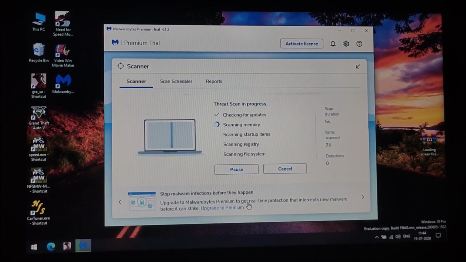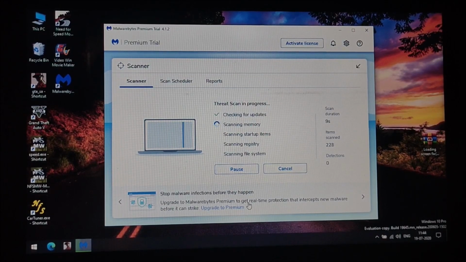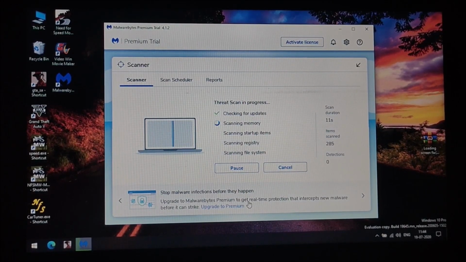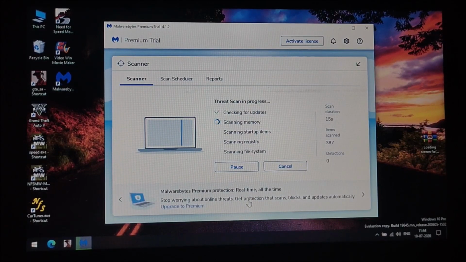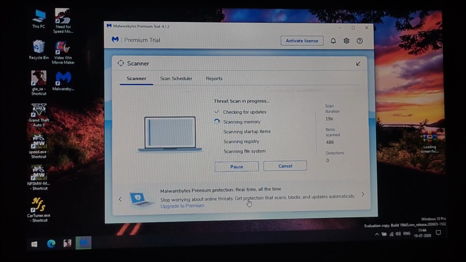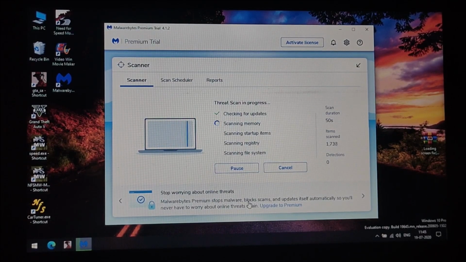Malwarebytes will now start scanning for every virus and malware in your PC. It will also find that Recycler malware in your PC, which is responsible for making the shortcuts in your pen drive. Make sure that your PC or laptop is connected to the internet, because it will first check for updates.